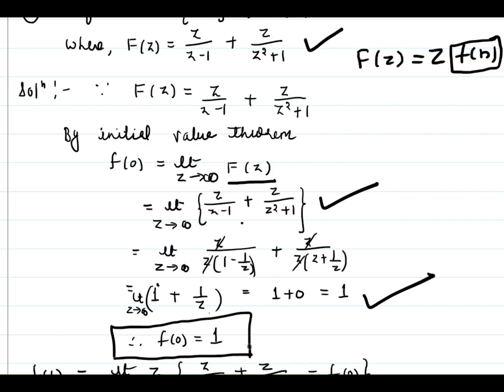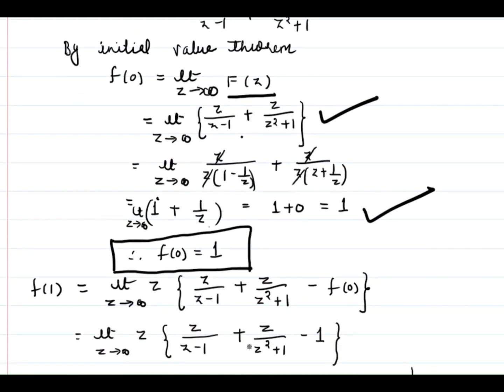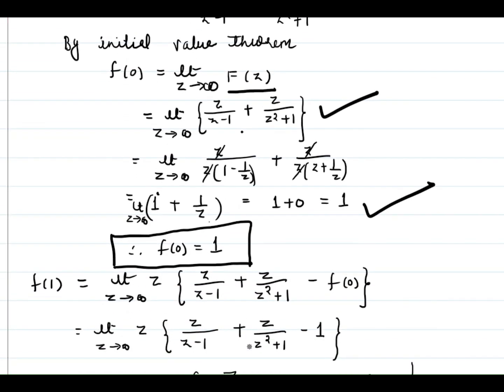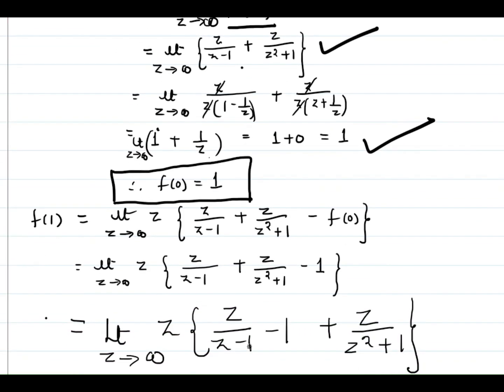So this portion is very important in the Z transform. We should always be clear, for solving any research problem or for solving any equation by using Z transform, we should know how to find the initial value and how to find the final value. So that's why this topic is very important, because we can use it as an application part.